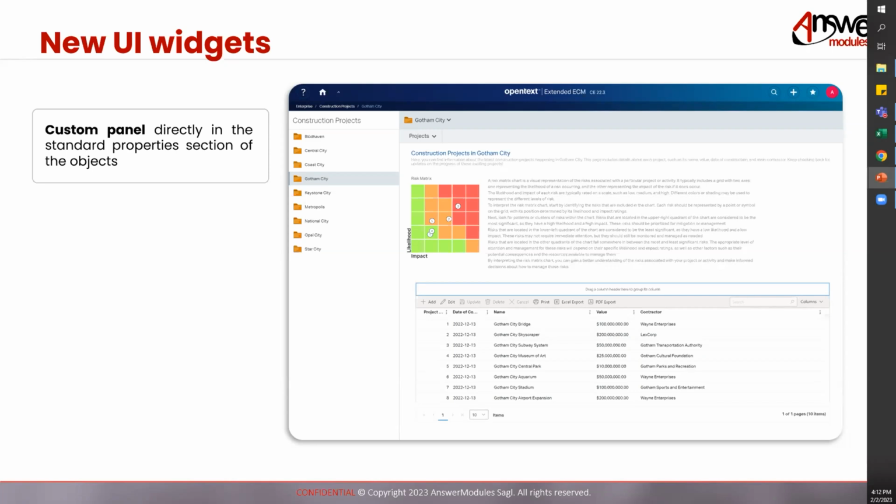So we will have the flexibility to inject additional information into this panel, and you will be able to leverage these new capabilities to provide additional information or some interfaces that will allow you to control and manage the objects themselves.